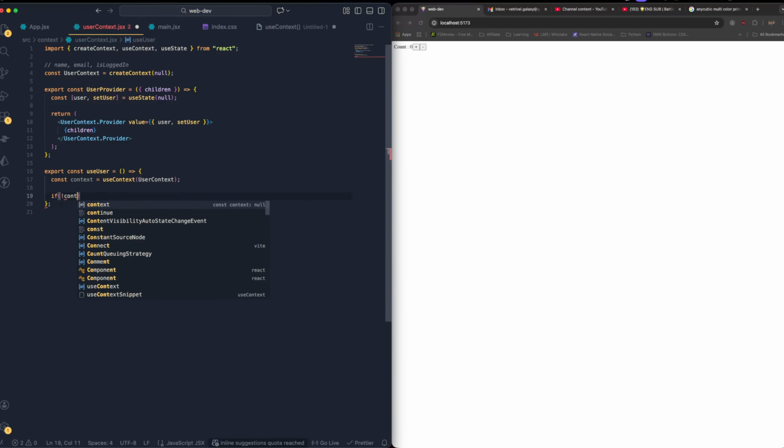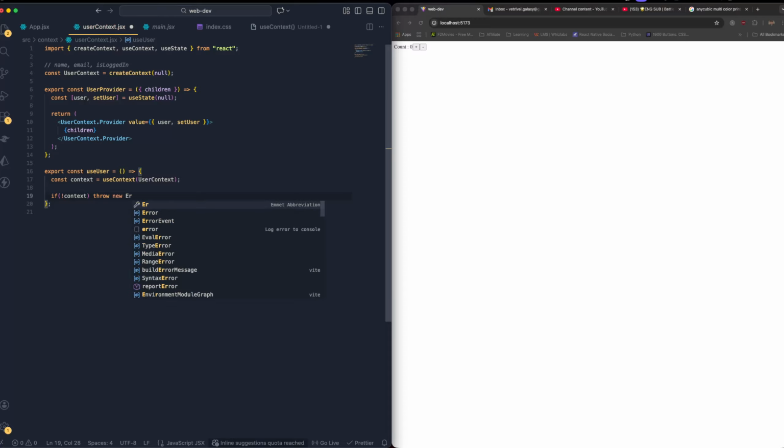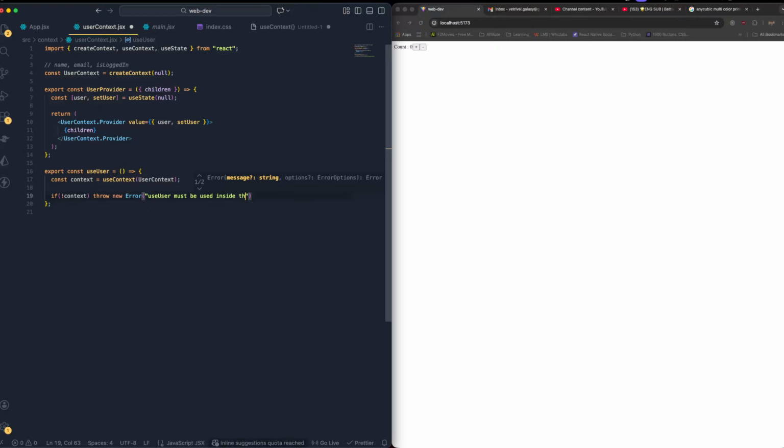If I don't have the context, I need to throw a new error. Basically what I'm going to say is, useUser must be used inside the UserProvider. If you are trying to use this user context outside this provider, then it's going to cause an issue,